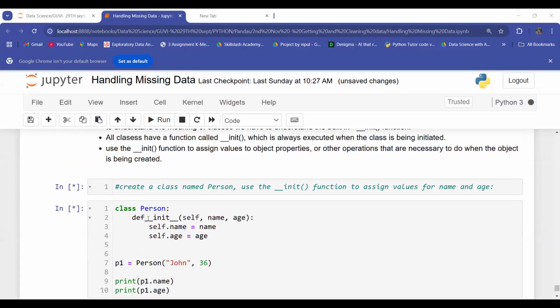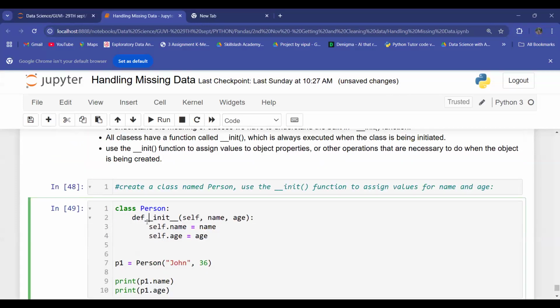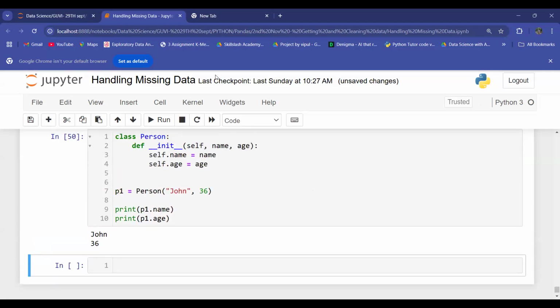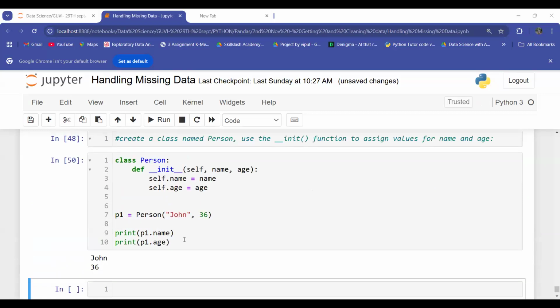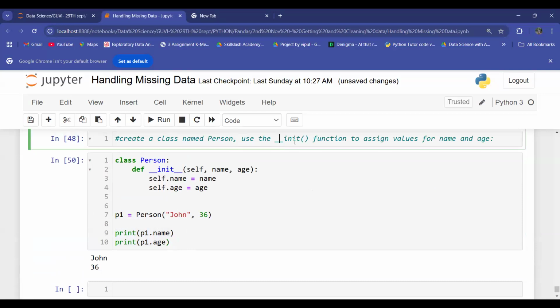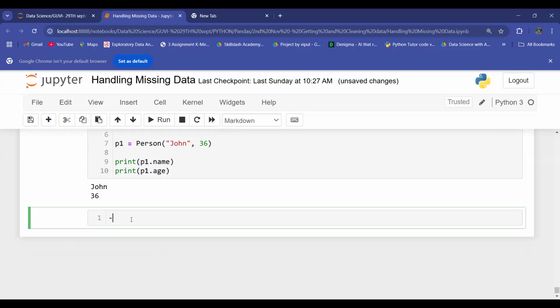It's a space after def, is it right? So basically it was a syntax error. So see, this is your function, like we have discussed how we create a function, right? We have created a function. Just like that, we are creating a class named Person using the __init__ function to assign values for name and age. Right, here you should note